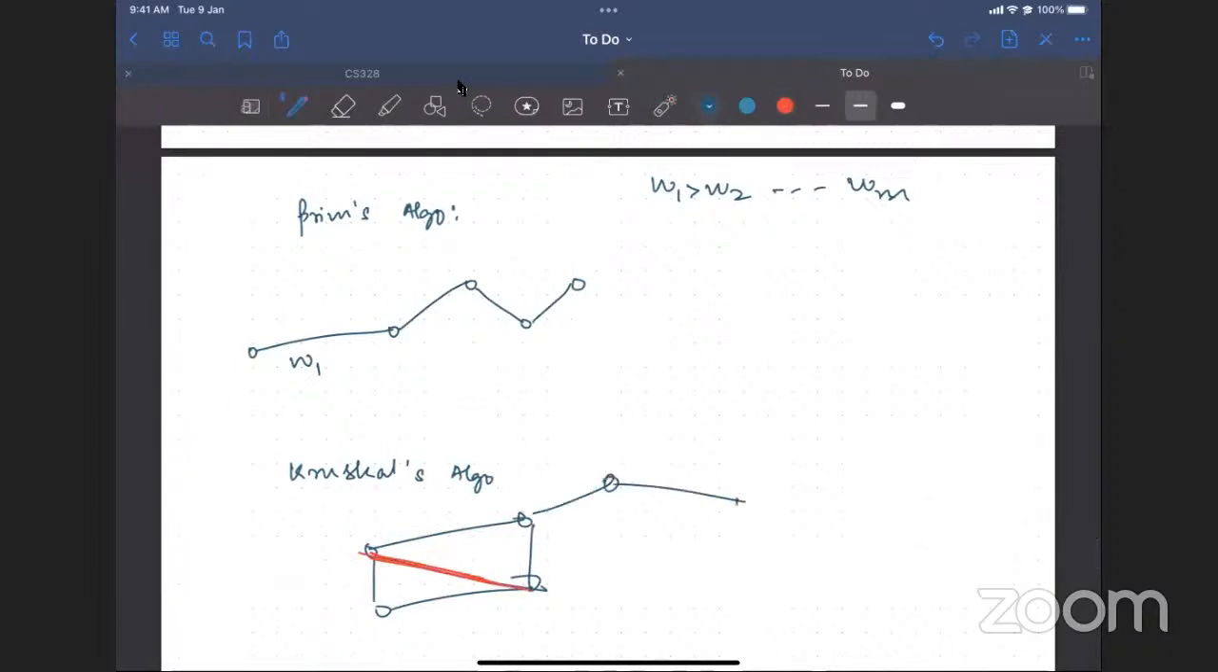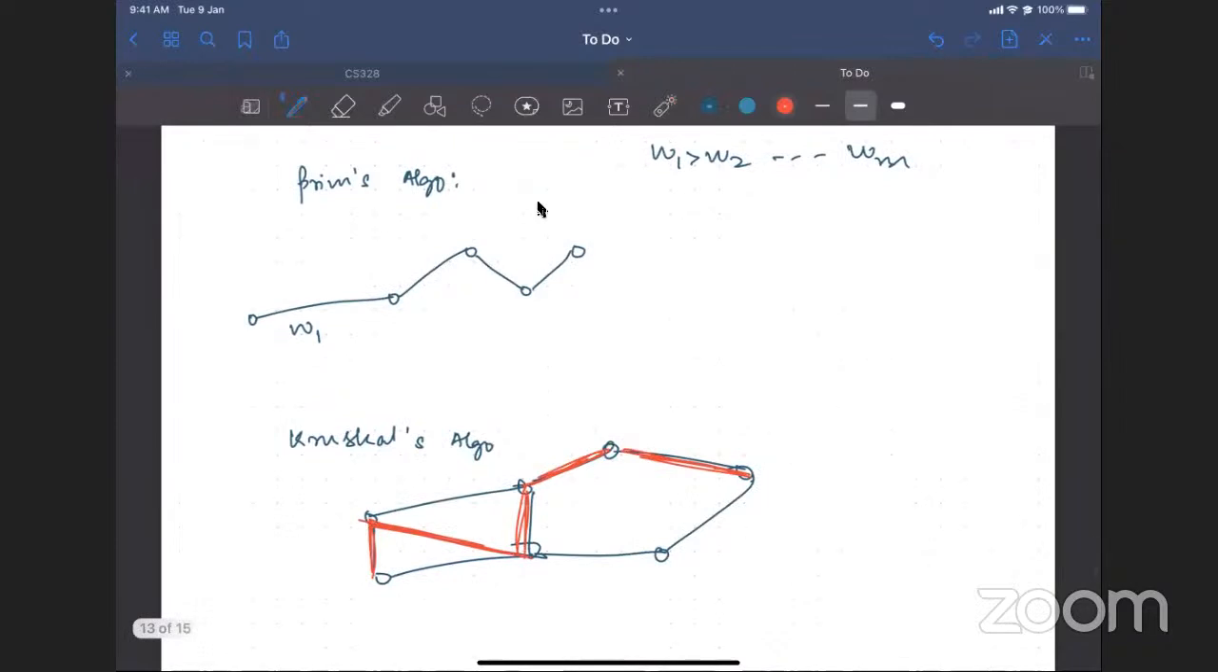Just going to extend this further. Then you take the second largest edge, then the third largest, then the fourth largest, till it does not form a circle, right? So these two vary in the sense of how you connect the vertices. So this has a time complexity of order of,